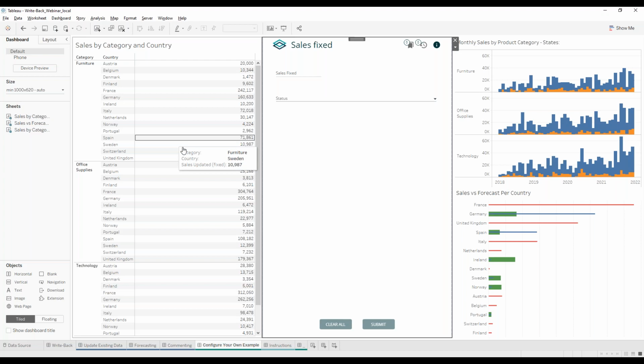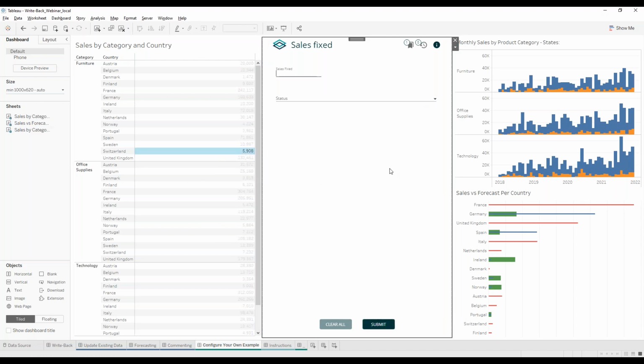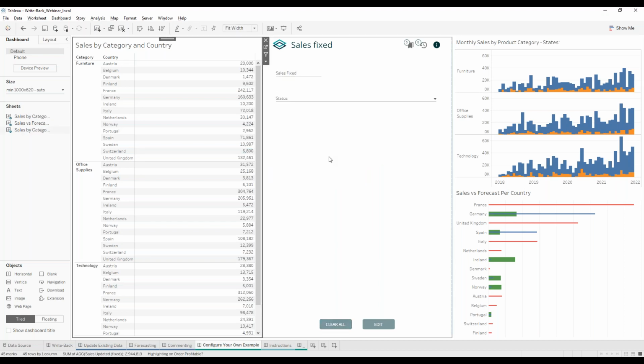little bit. And now, if I, for example, go here to Switzerland and I want to change this to 68,000 or 6,800, and select that it's approved. Now I submit, and I should see my data updating right away. There we go. As you can see, data got updated, and this way I can get feedback pretty much instantaneously